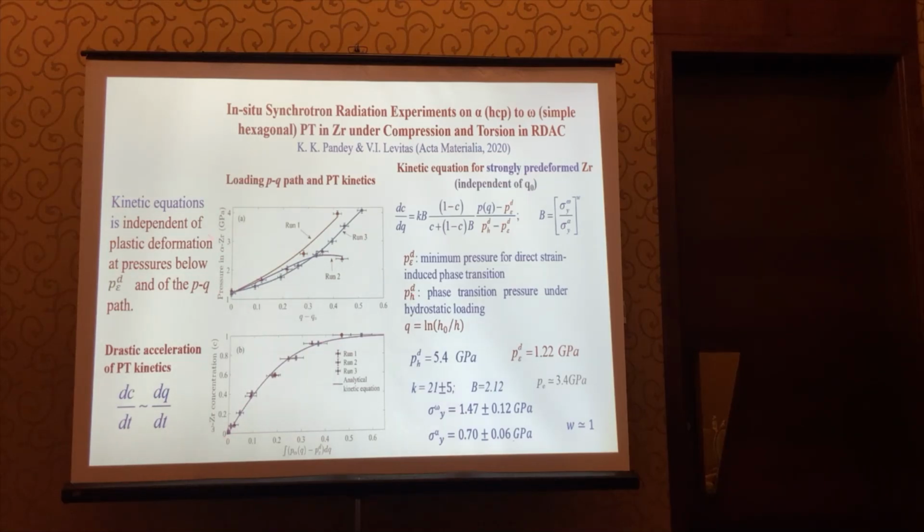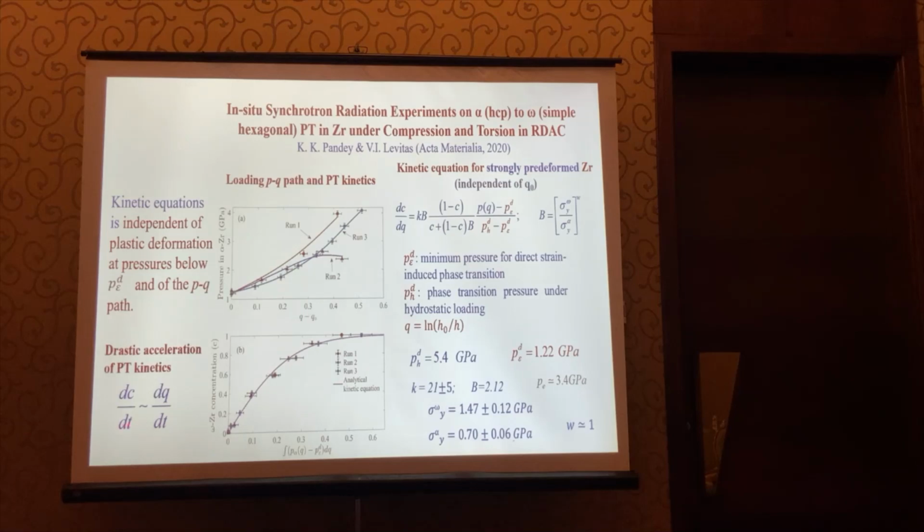These are three different loading programs of pressure and plastic strain, and you see that all experimental points are very close to our analytical expression. So first it's a confirmation, and second we determine the material constant from this confirmation. And you see, because these are different pressure and plastic strain paths, our kinetics is independent of the path. And we also varied the initial plastic strain before phase transition, and the kinetics is also independent of initial strain. And this is the schematic presentation of this equation.